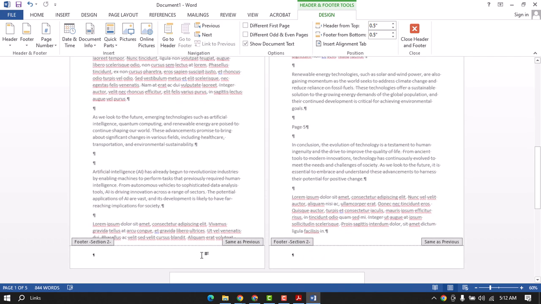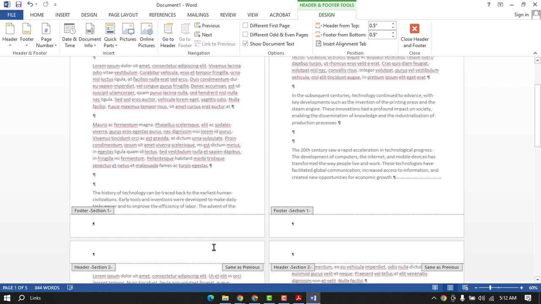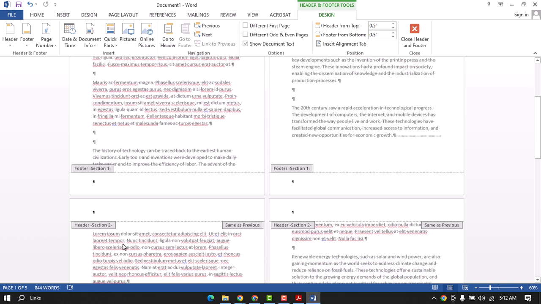It means our document is divided into two sections right now, and we can edit our sections individually. If I write something in section 2,